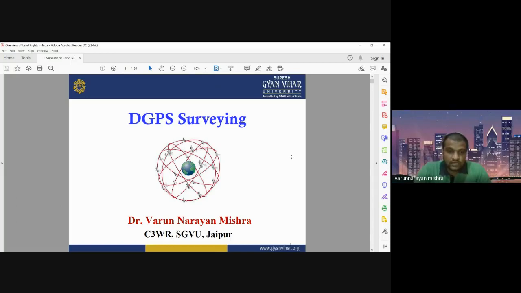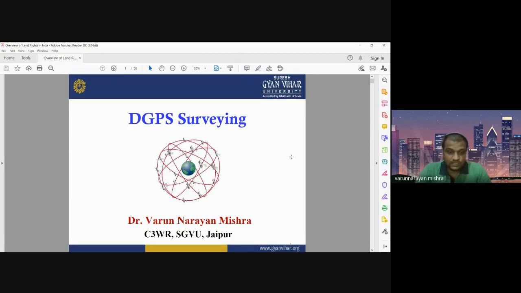So in case of landscape planning and land information systems, we need precise information of Earth objects, or you can say precise information about each urban feature, for getting a better land information system. For this, we need a technique that provides us the accurate positioning of that object on the Earth with respect to the global coordinate system.